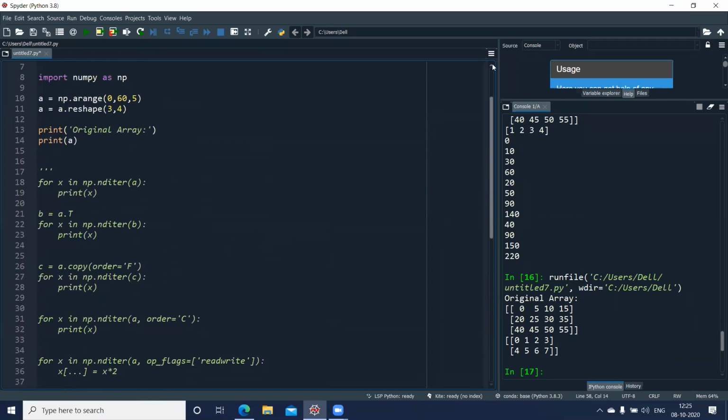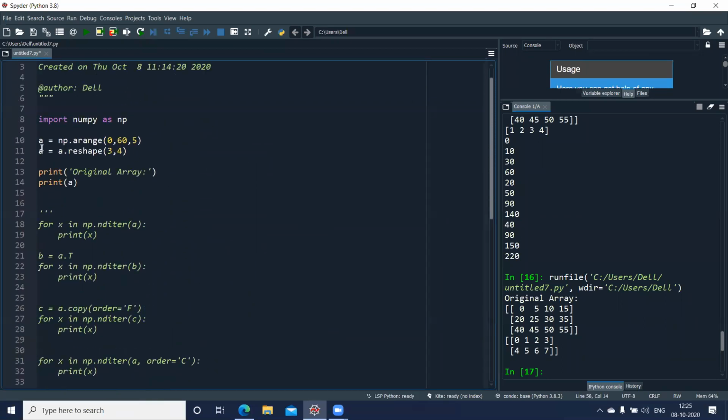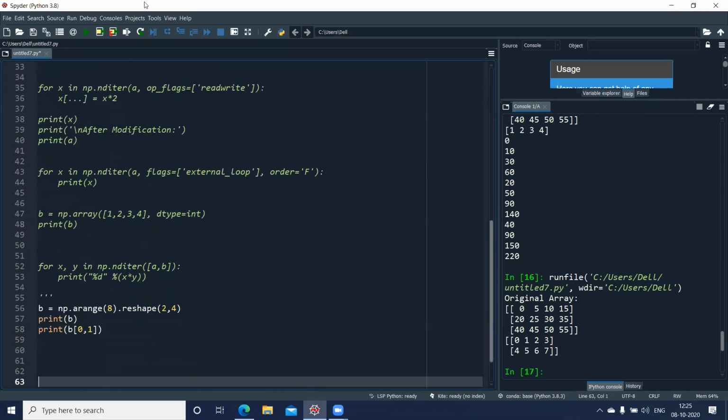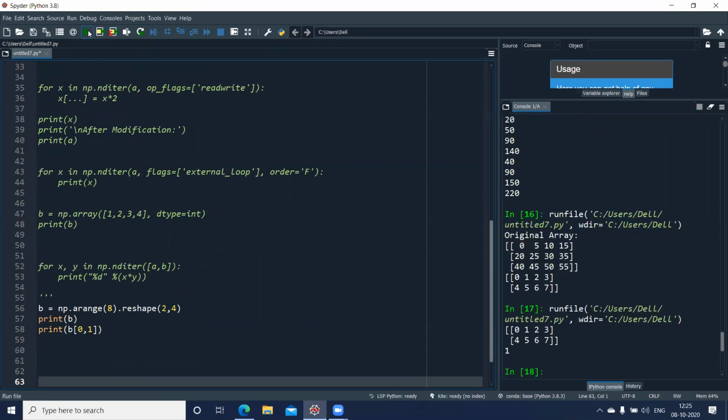I don't want to display the other output, so let us comment that one as well. When I run this, you can see 1. That is the first row and the second value.